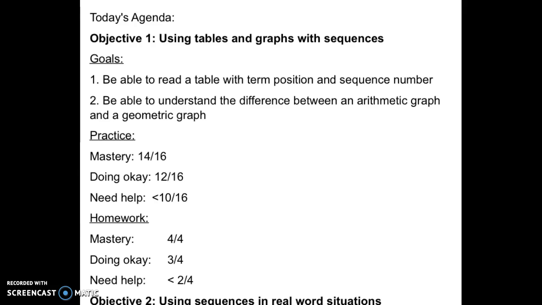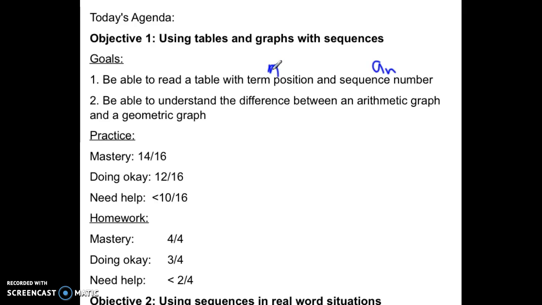The first objective that we're going to cover in this video is using tables and graphs with sequences. The goals of this objective are to be able to read a table with term position represented by just the letter N, the position is N, and sequence number, which is A sub N. We'll talk about that in a second. So just being able to look at a table of a sequence and be able to recognize the term position